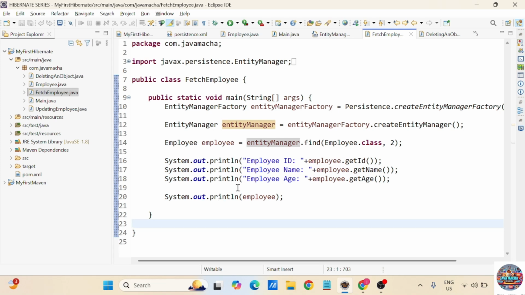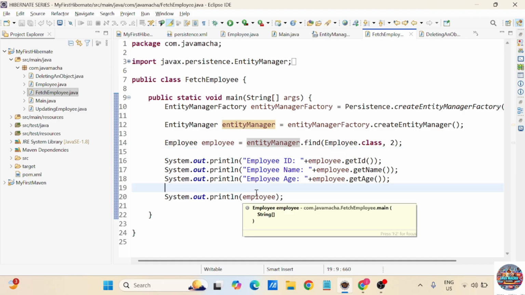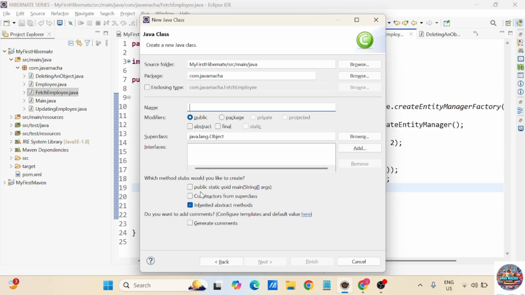In the previous session, we understood how we can fetch the data and how we can update the data. So in this session, we'll understand how we can fetch the data based on a custom query. Right. So I'll enter directly into the program so that it will be easy to understand and explain. So let me create a class